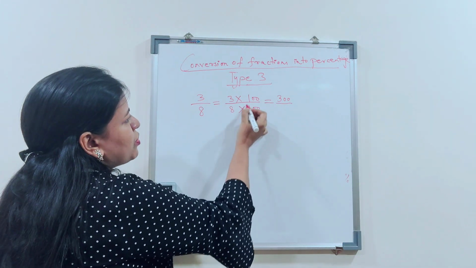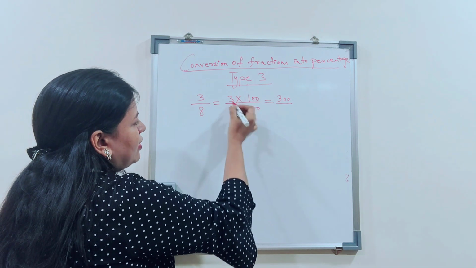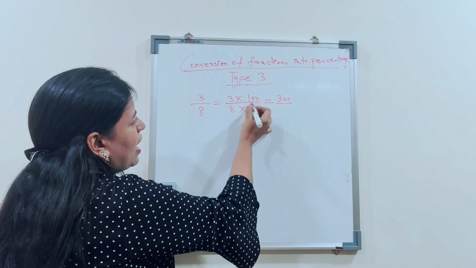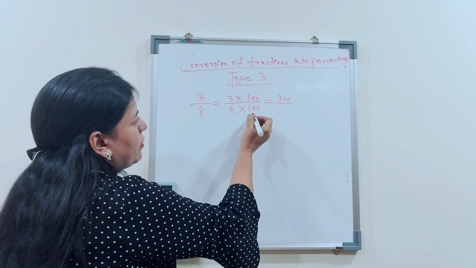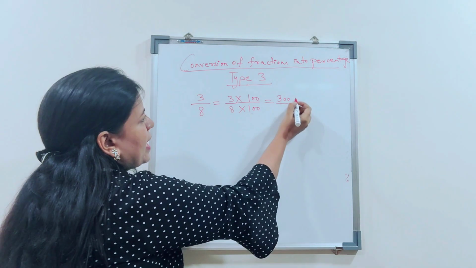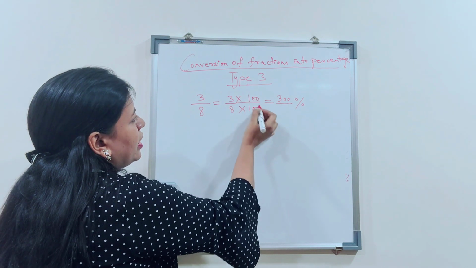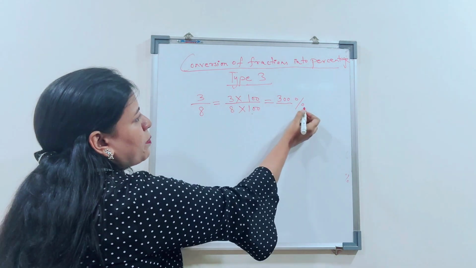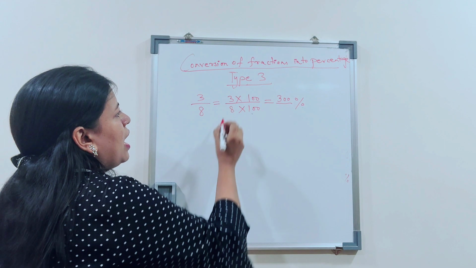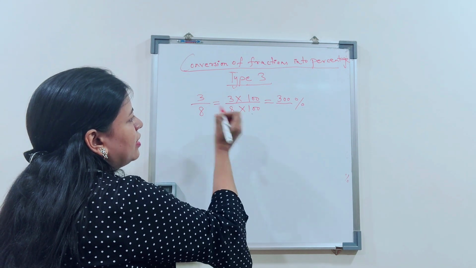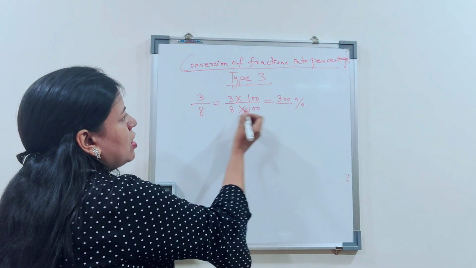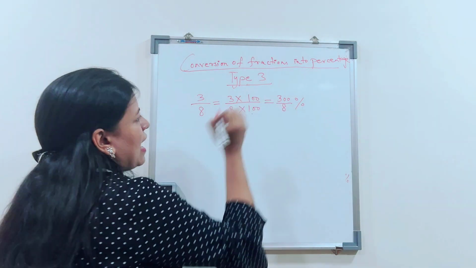Now this out of 100. So the numerator thing divided by 100. Now something divided by 100 can be replaced by the percentage symbol. So this number divided by 100 is replaced with the percentage symbol. But we have another number here sitting in the denominator, which is 8. We write 8 as it is.